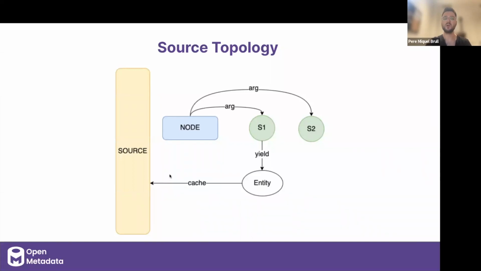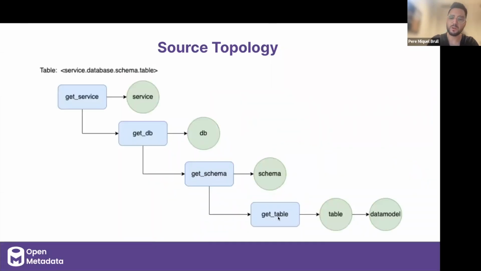This means that while I'm here processing this table in this specific function, in this specific step, I can obtain the necessary information about what is my schema, what is my database, and what is my service. Because this information is a hierarchy that I need. It's information that I actually need to pass into the table to properly instantiate that table entity. So now that we have